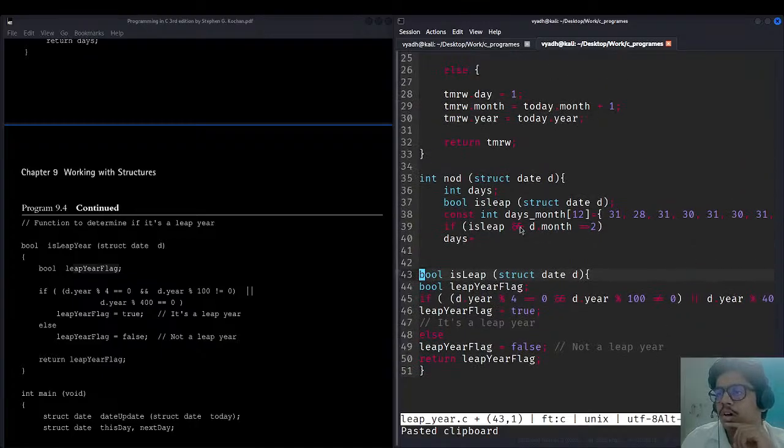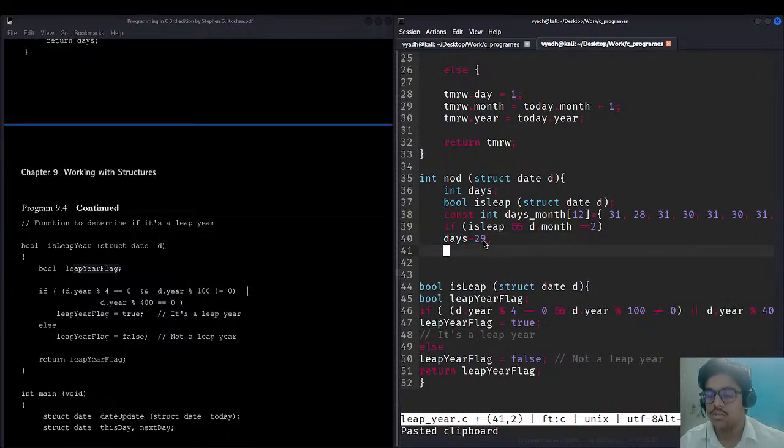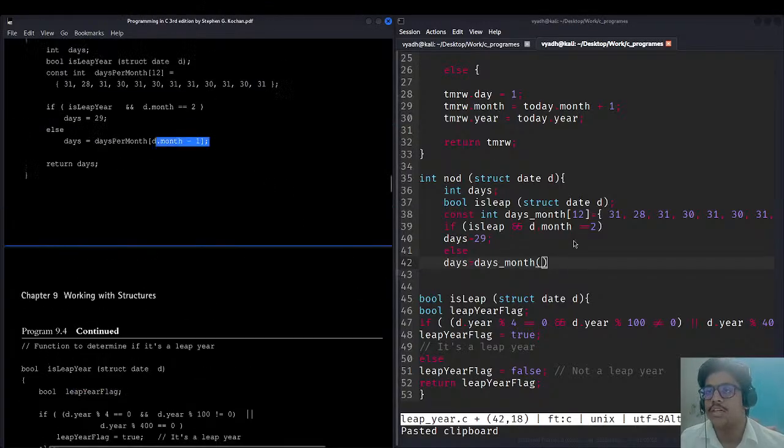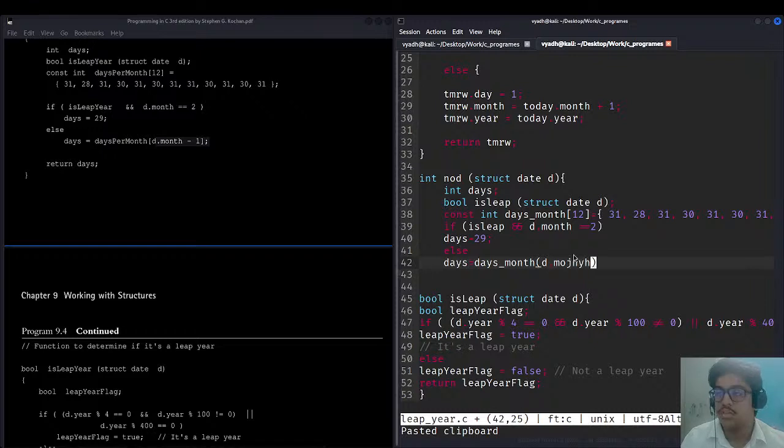अब इसके बाद लीप ईयर फ्लैग, लीप को यहाँ पे कॉल किया गया है। ओके, सो नाउ, यहाँ पे डेट 29 सेट हो सकता है। ठीक है। इसके बाद क्या कर सकते हैं, एल्स। ओके, सो डेज विल बी इक्वल्स टू, हम एरे लेंगे यहाँ से, डेज मंथ, ये वाला एरे लेंगे, और हमें माइनस करना है डेज में से। क्या फॉर्मेट लिखा है उन्होंने, डी डॉट मंथ माइनस वन। यस, डी डॉट मंथ माइनस वन, ठीक है। तो डी डॉट मंथ, बिकॉज प्रीवियस मंथ पे जाएगा वो, डी डॉट मंथ माइनस वन, ठीक है।